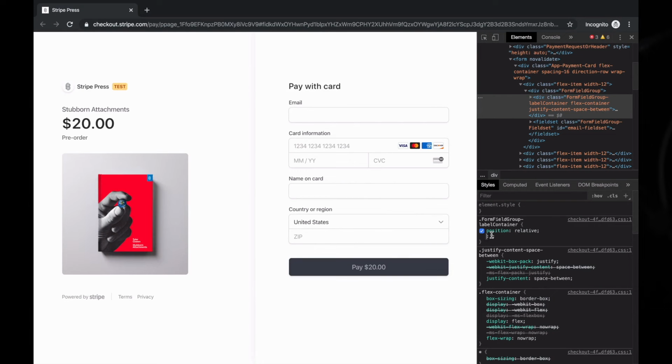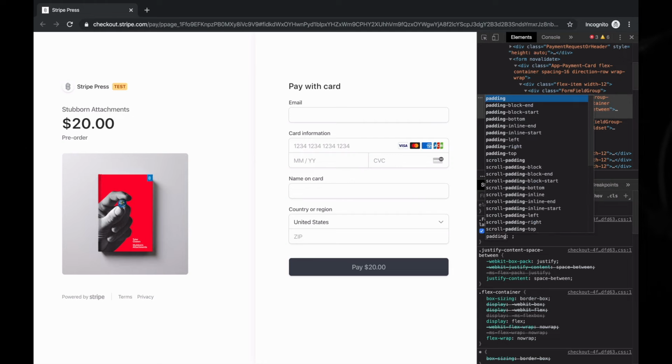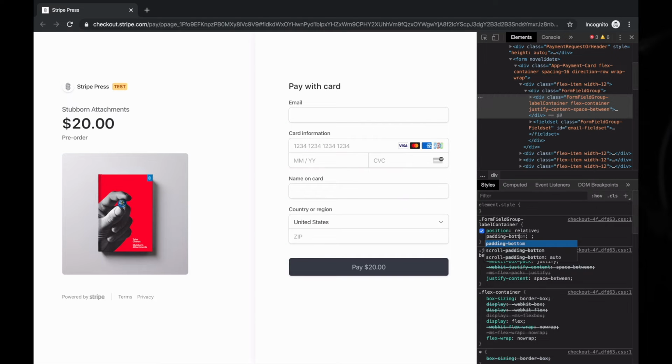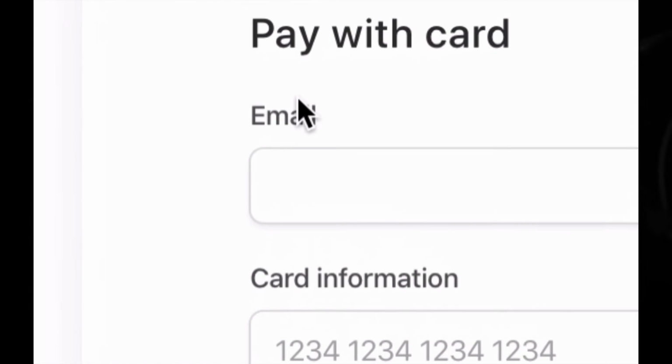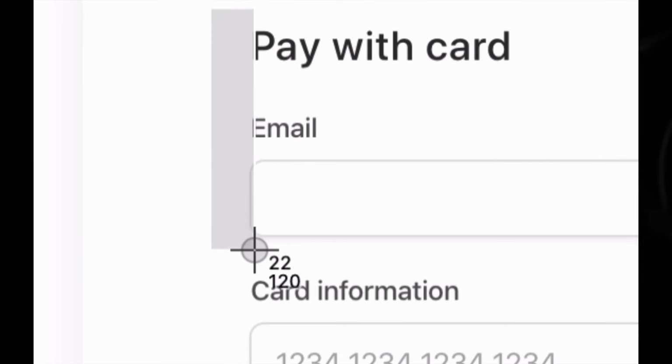And this is just a gut change. It's not necessarily something that I feel like has to absolutely be done. But if we just add 4 pixels of padding on the bottom of that. And another thing that I like to do, I do appreciate that this is all left aligned, but whenever I'm